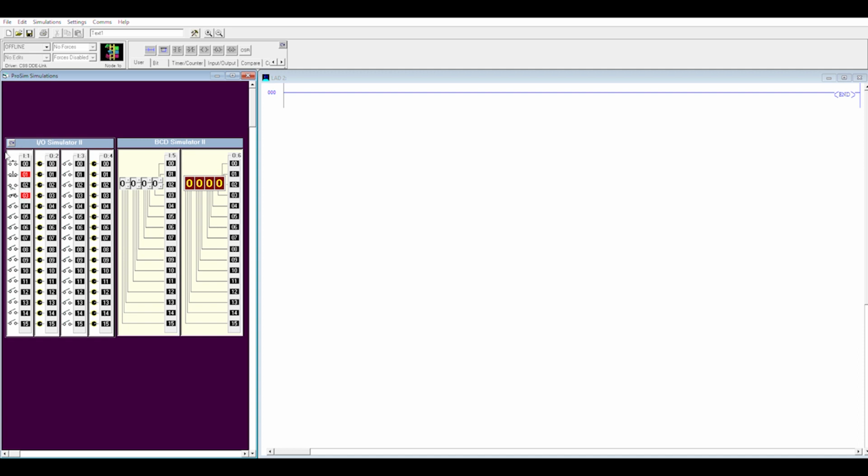So I have 5 types of input switches available, and we'll just select whichever type is necessary for us to be able to test our program. Sometimes we're going to change the switch style to be able to test it. It's not going to match what we need, but in order to test a rung, I may change the switch